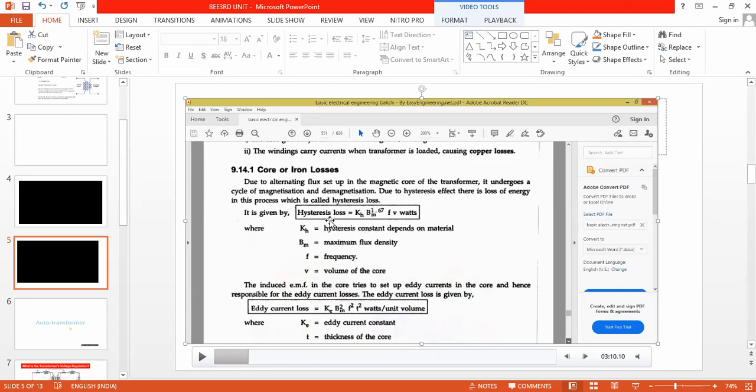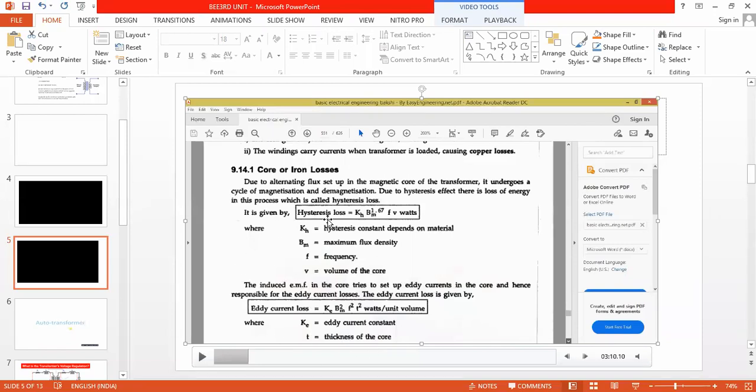So what is the formula for hysteresis loss? It is certain constant times B to the power of 1.67. We have to remember this value because, based upon certain assumptions, this value is provided without any proof. And it depends upon frequency and the volume of the core. So better you remember this explanation because they will ask you